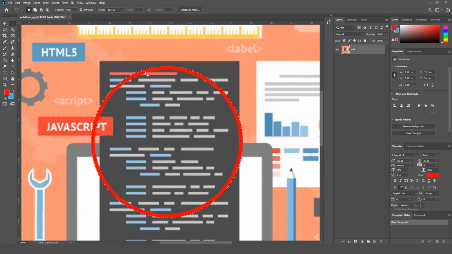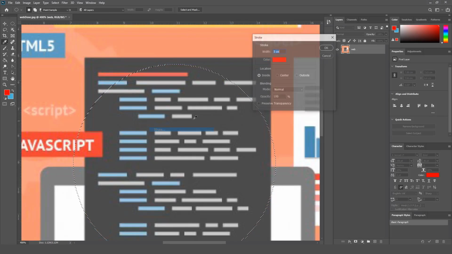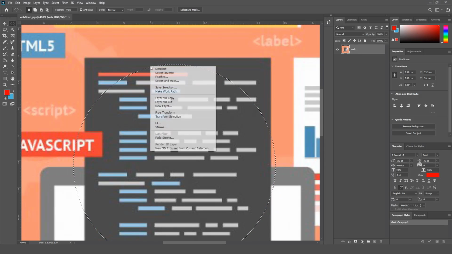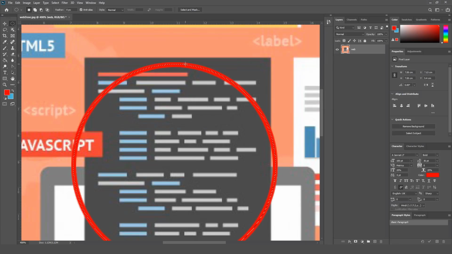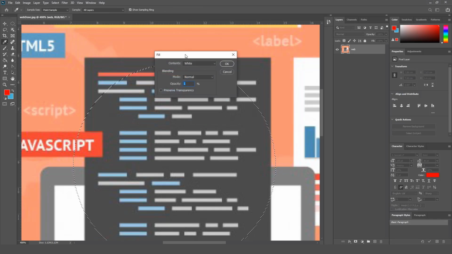So you see this is going to be inside your selection as you saw here, but if you right click and go to the stroke and select outside, this is going to be outside your selection. And I guess you got the idea, when you go stroke and center, the stroke is going to be centered. Okay, you can also right click and fill if you want,